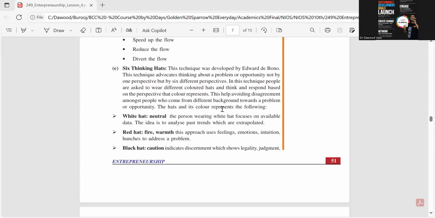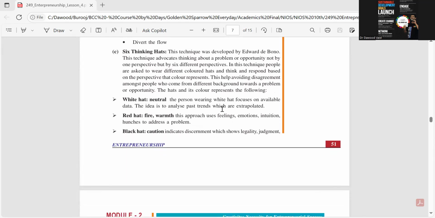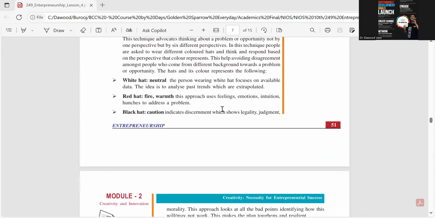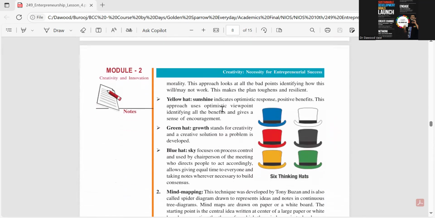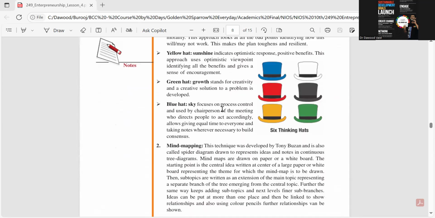Possibly you would have seen the presentation: the blue hat, which is a sky hat, the red hat, which is the emotion hat, the white is the data one, the black is the caution one. The idea is to remember these hats and think about them as solving a problem. The green hat is the growth hat with creativity, solutions and play, and that is what an entrepreneur requires.